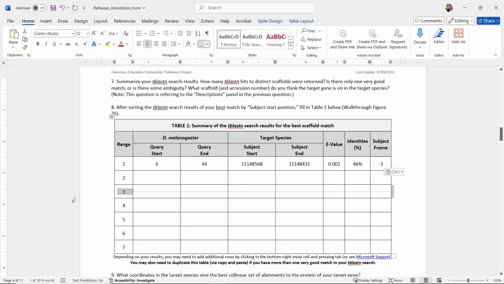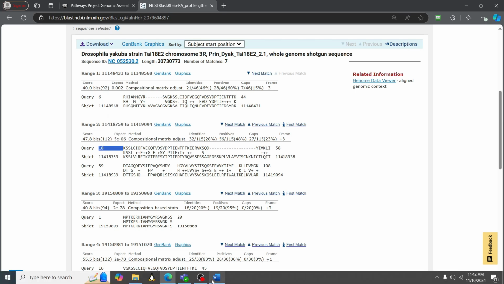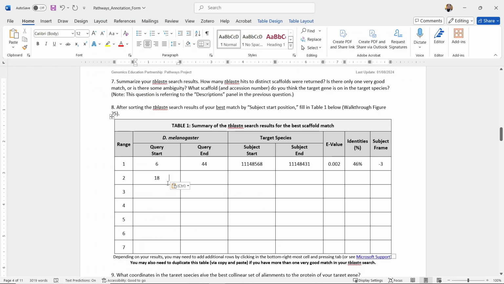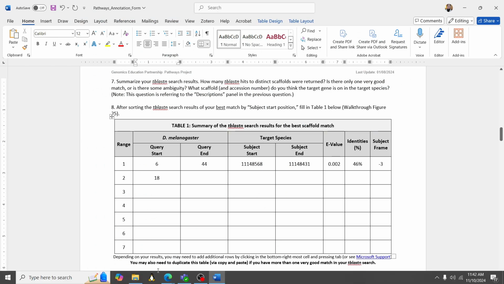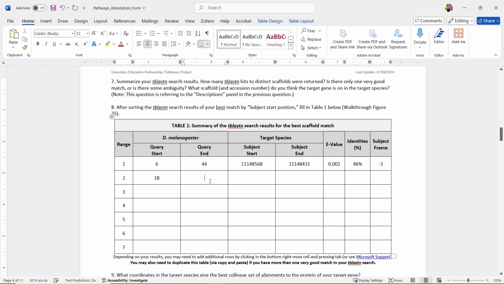And surprise, we're just going to continue this process all the way down. So let's focus on range 2 together, and then we'll fast forward once this table is completed. For range 2, it's going to be the exact same thing. We have our query start, which is showing as 18, and I'm just going to clean that up a little bit. We have our end. Now, it might be easy to look at that 58 and say, well, that's clearly where it ends. Not quite. We want to go all the way down this range. So we have our query, and it ends at 108.